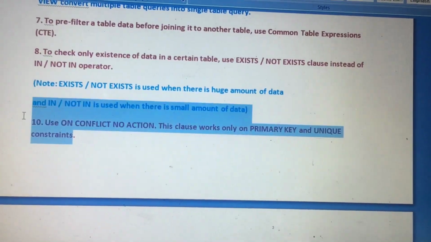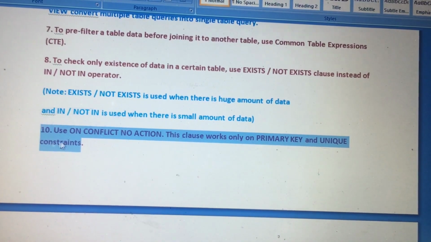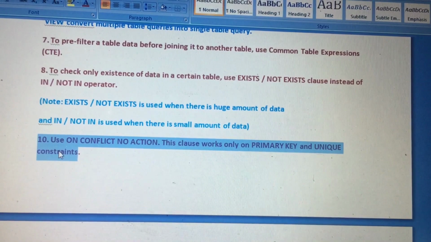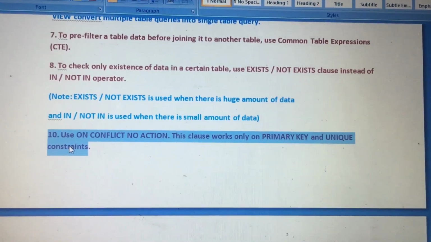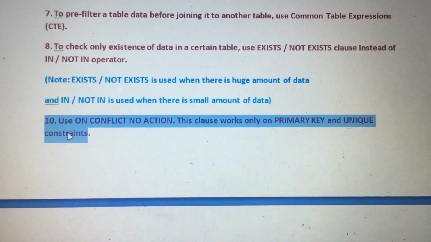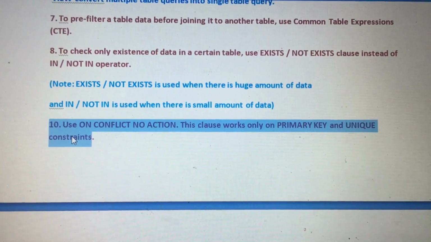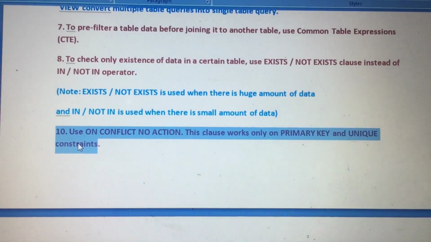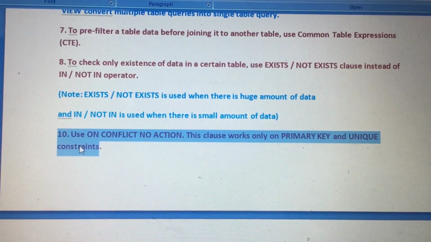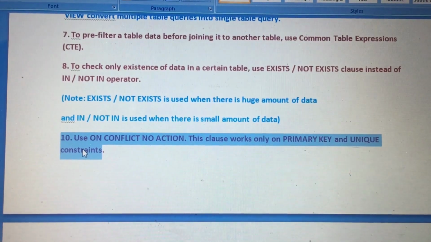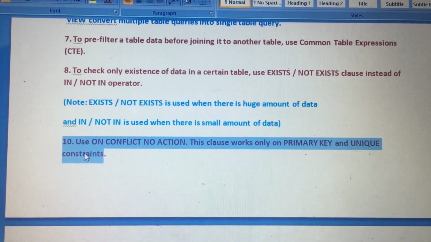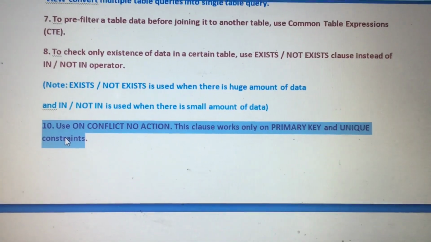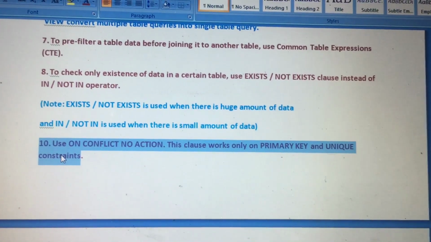Then we will go for the last and tenth point: use ON CONFLICT DO NOTHING. This clause works only on primary key and unique constraints. So suppose we are inserting some data into a particular table, then after the insert statement we have to use ON CONFLICT DO NOTHING. This will avoid any runtime errors. So while writing any insert statement, we have to use ON CONFLICT DO NOTHING; it is also better for performance. And these are all